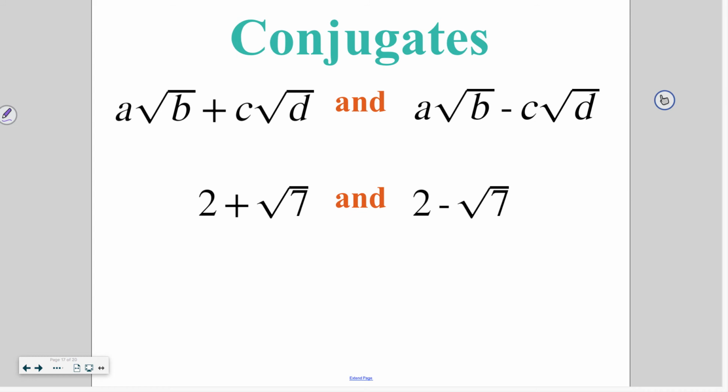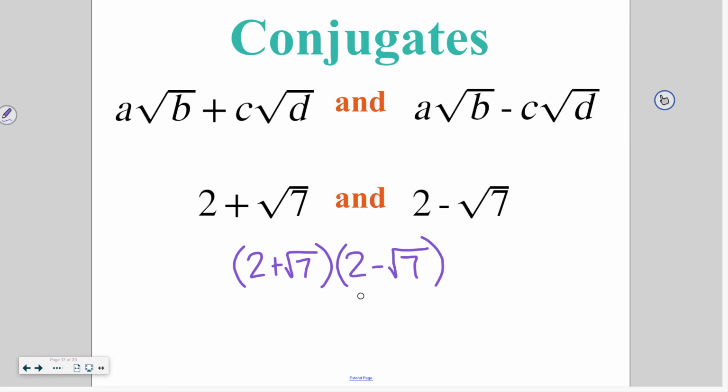So if we're looking at this example at the bottom, we've got 2 plus the square root of 7 and 2 minus the square root of 7. This is going to help us solve problems when there are square roots in the bottom, as well as addition and subtraction. The reason we use these, if we go back to chapter 7, when we learned about foiling,